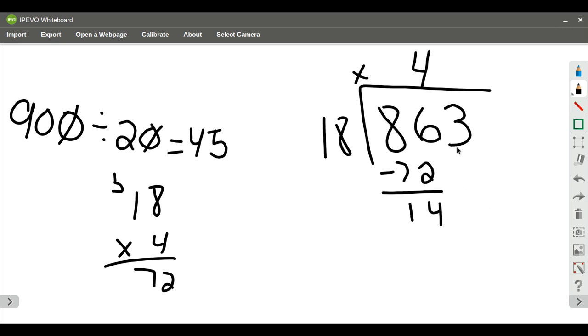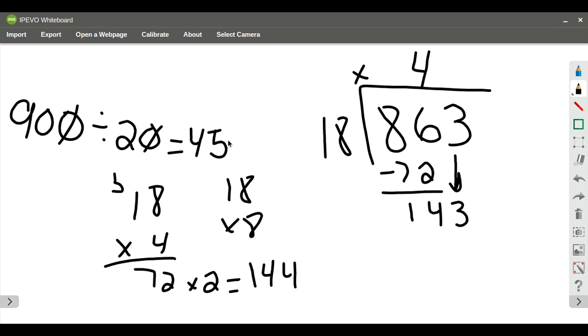My next step now is to bring down the 3. So now I'm looking for how many times 18 is going to go into 143. I'm going to use a strategy. I'm going to use my doubling strategy because I already know what 18 times 4 is. So I'm going to take 72 and double it. When I double 72, I get 144. Now, that math fact is too big. But what that tells me is 18 times 8 is too big of a math fact, because that's how I got 144. So I'm going to go back a math fact. I'm not going to use 8, but I'm going to use